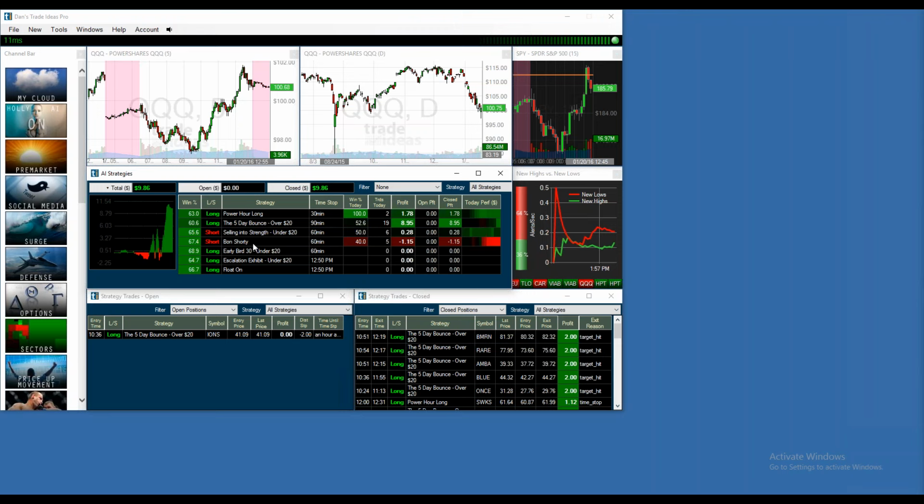And then another short that had 5 trades and lost $1.15. So our AI is constantly showing you two things. It's showing you where the direction is for the highest odds. That's like the card counting. And it's letting you watch it so that you can manage the trades the same way.